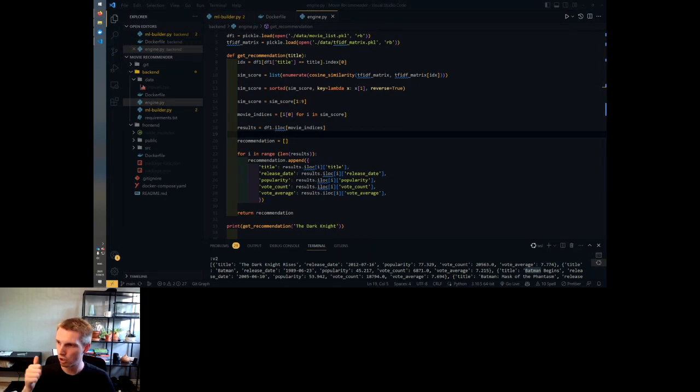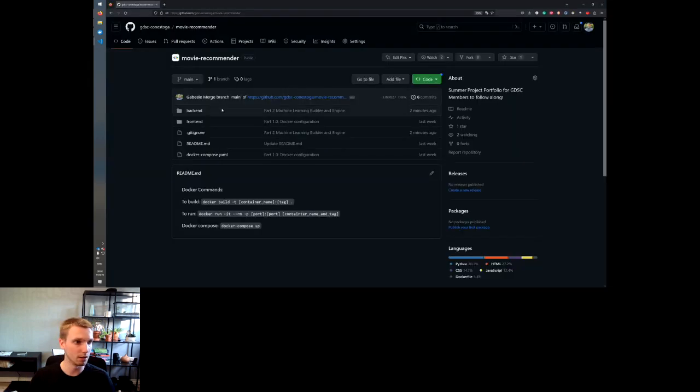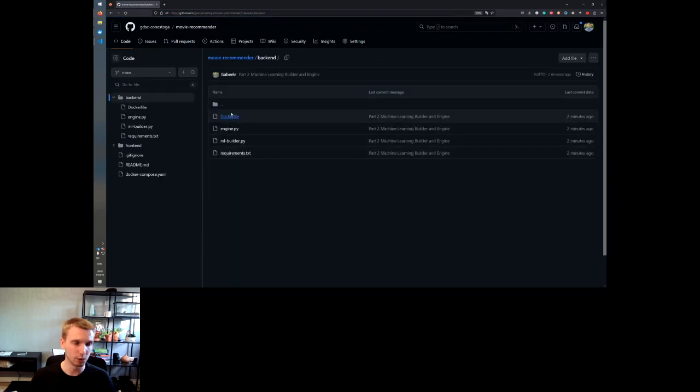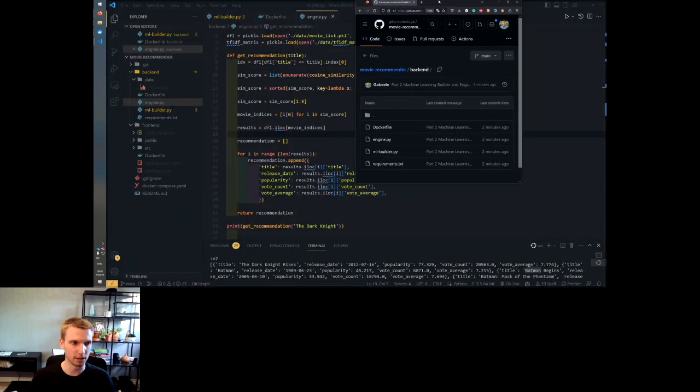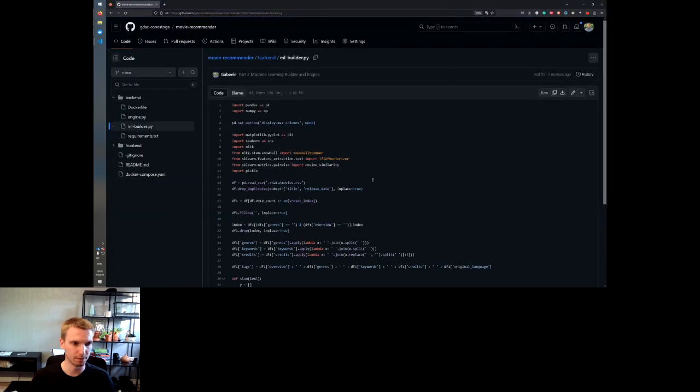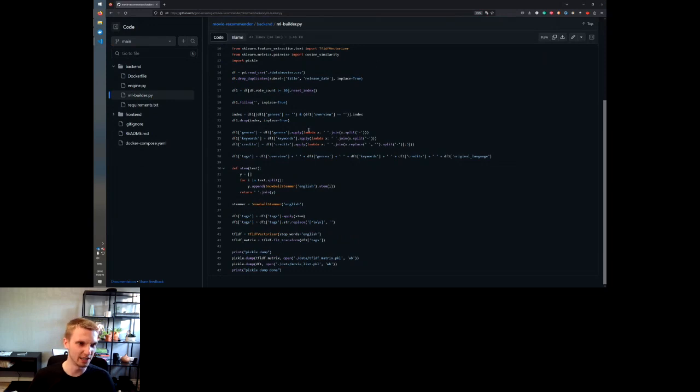Cool. Should be good. You should have all that stuff in GitHub here under backend. The only thing you won't have is the data file. But if you need to check out Builder, yeah, and it sucks too because if there's one thing off, right, it's gonna throw